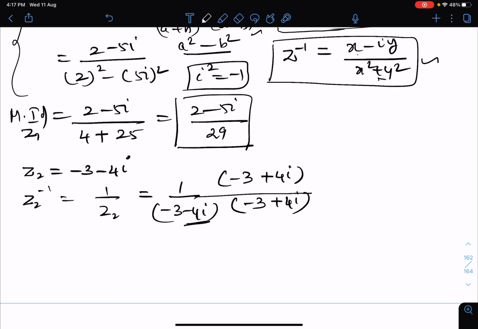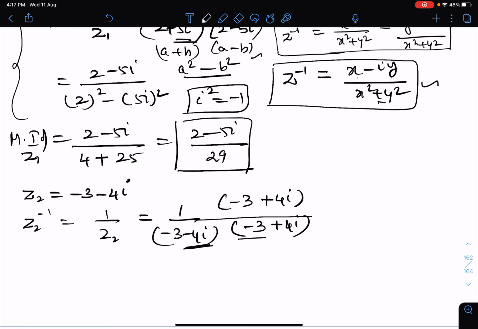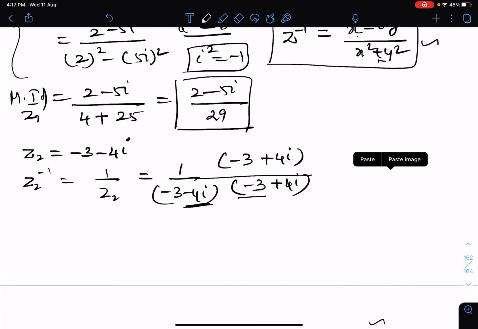What I have told you, conjugate is the opposite sign, by changing the sign of the imaginary i term, not the first real term. Okay, so the real term remains the same. Here it's minus 3, here also it's minus 3. So you are changing only the sign of this minus 4i. It is minus 4i, so you are making it plus 4i. In the previous one it was plus 5, so you made it minus 5. Okay, this point you should be very clear. You should not change the sign for both the terms. Have it in your mind.